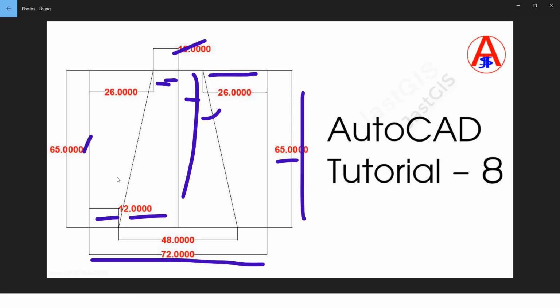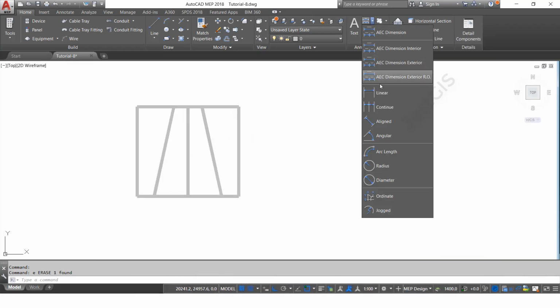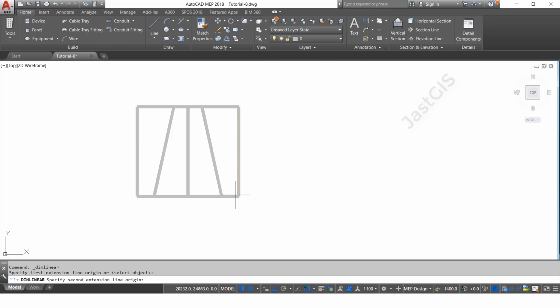See, we have drawn this line, length, this one center line, this line, offset also. So now we are pending with dimensions. So we are going to give the dimensions now. Okay, now here we need to select linear, then select height is 65, length 72, this offset is 12. So I will give it downside. So this offset up to here 10, this offset also 10,